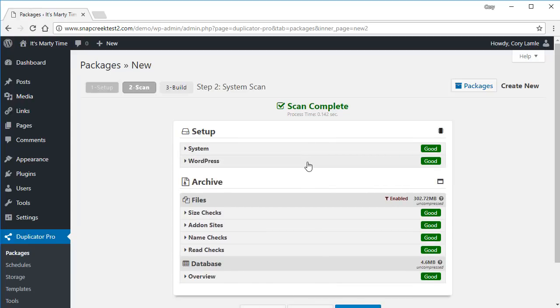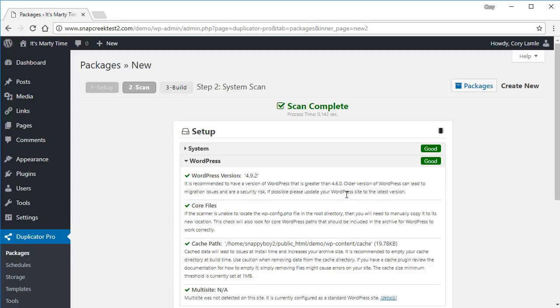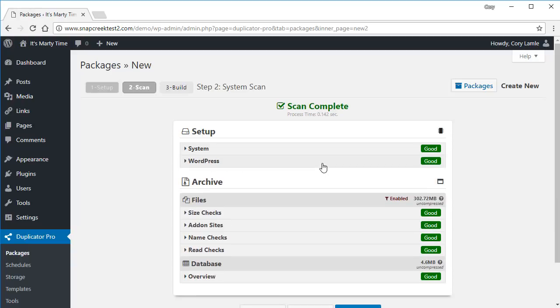The next section here is the WordPress section, and it'll have different things about your WordPress version. It'll tell you if you have cached data, if it's a multi-site, if any core files are missing. So in this section, you're going to want to probably pay attention mostly to the cache path. If you do see any cache data, it's recommended to not build a package with a bunch of cache data